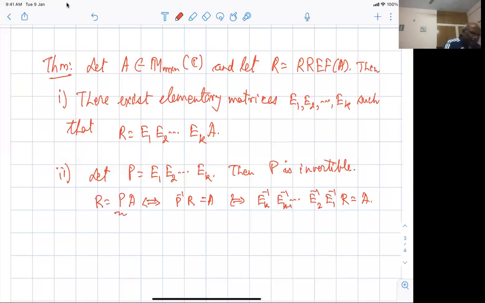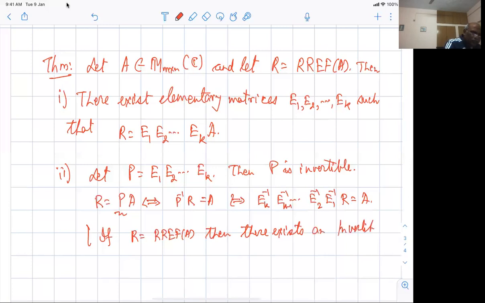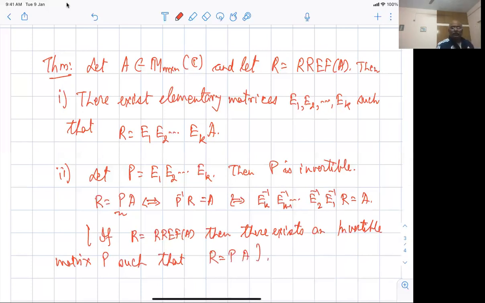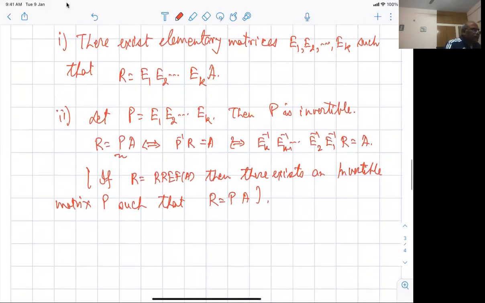So what we'll be saying is that if R is equal to RREF of A, then there exists an invertible matrix P such that R is equal to P times A. I'll be using it again and again in many lectures. All right, so keep track of this part. All right. Third,